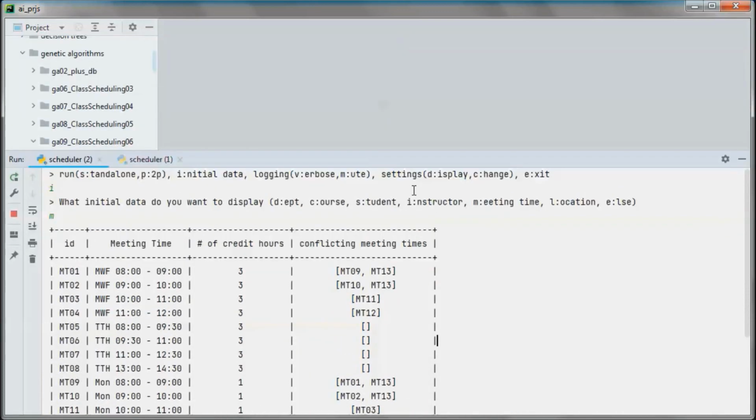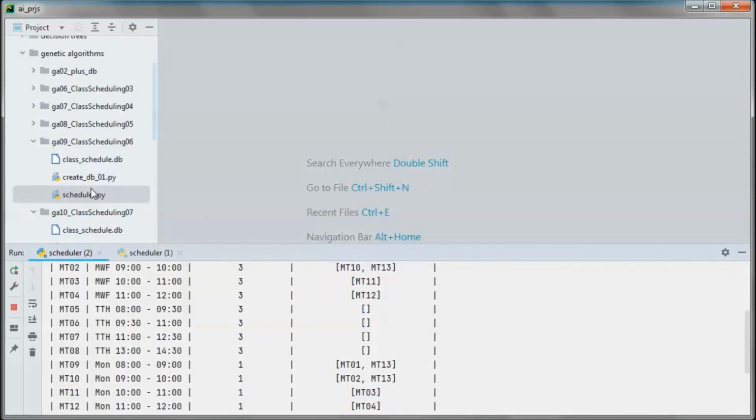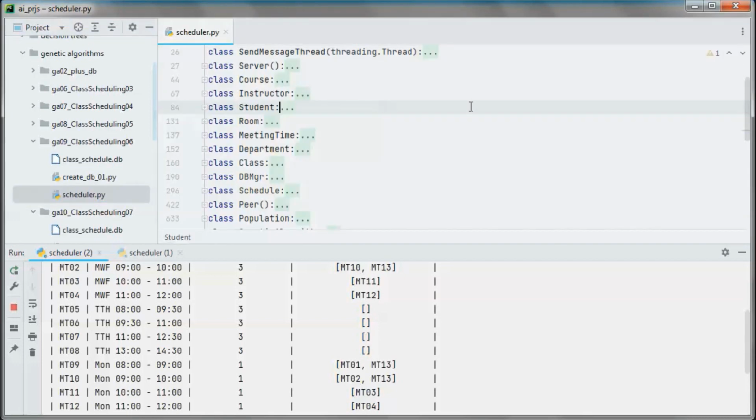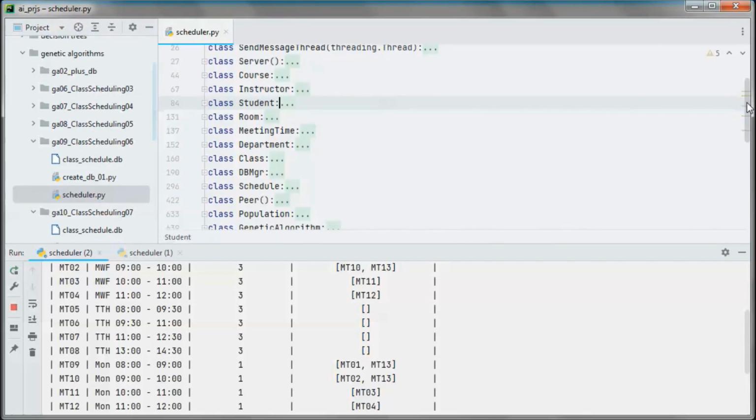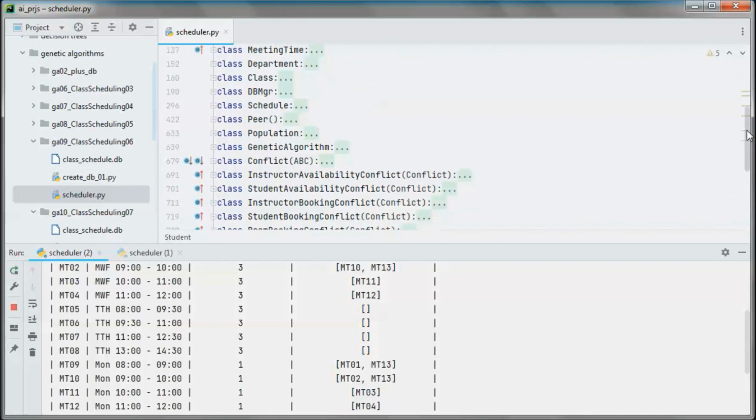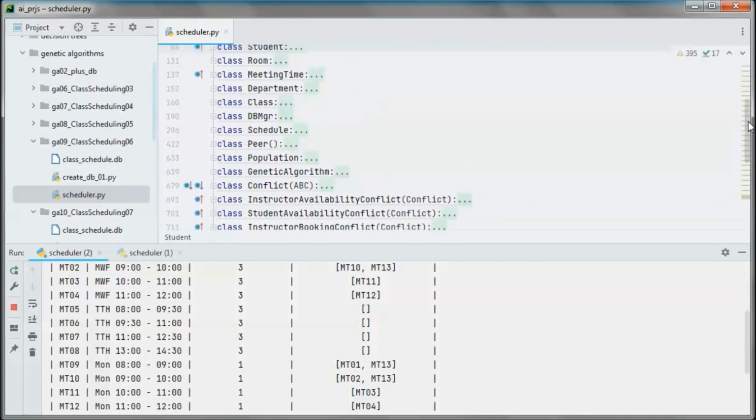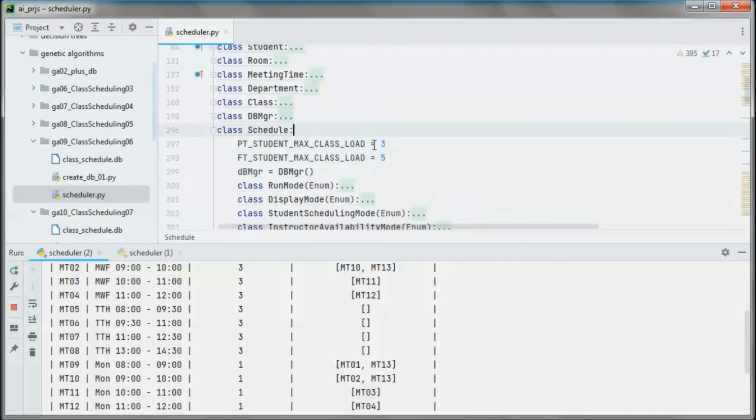And if we look here in the old, or in the previous version of the project, here we have part-time and full-time students max class load. So for part-time students, the maximum number of classes that they can take is 3, and for full-time students, the maximum number of classes that they can take is 5.